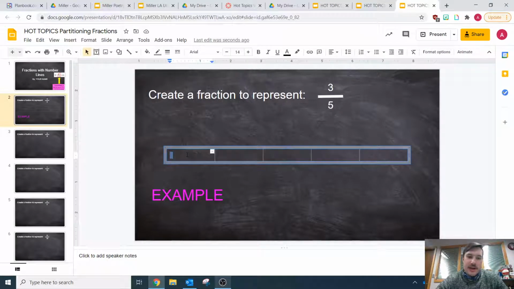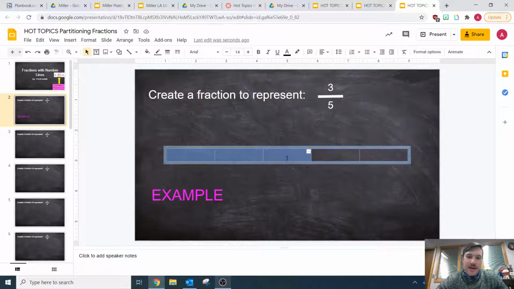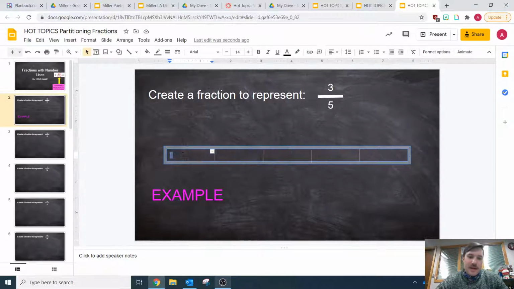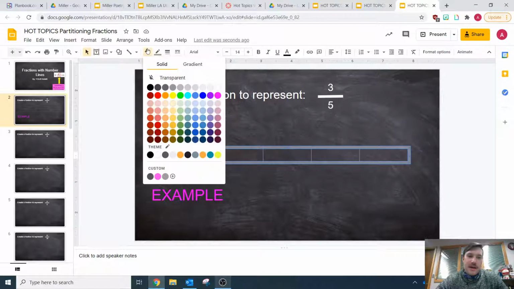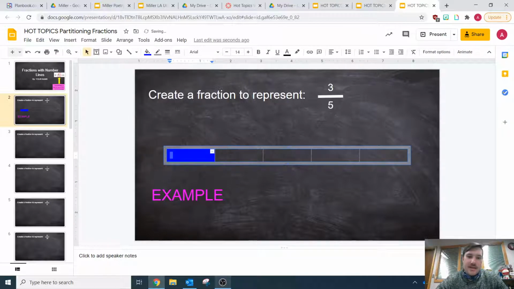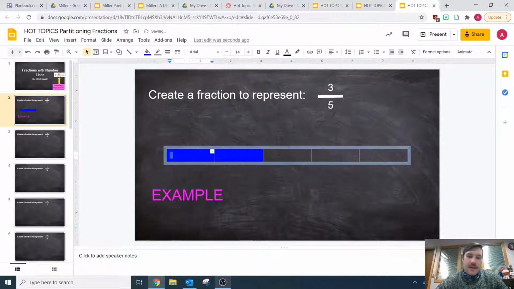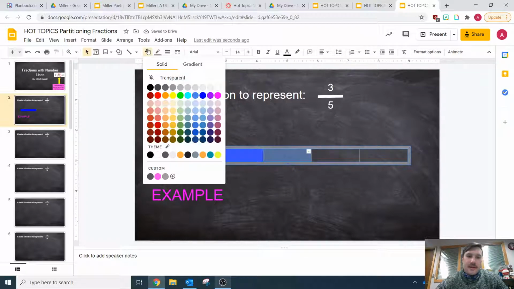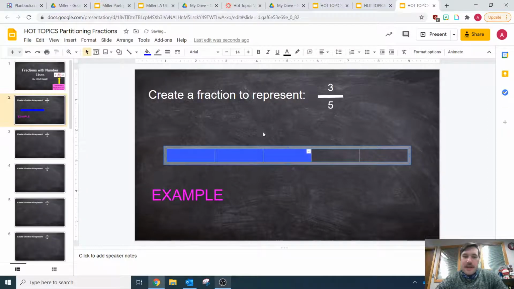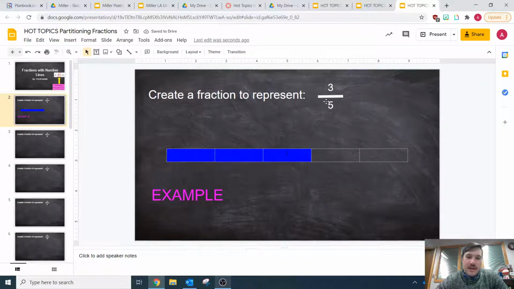So I'm going to click and drag. If you don't have your crayon, then you're going to need to click the box, go up to the bucket, and then color it in individually. Or you could drag them, and you could click the bucket and then shade them in. So I am shading in 3 because my numerator says I have 3 shaded, and 5 is however many total